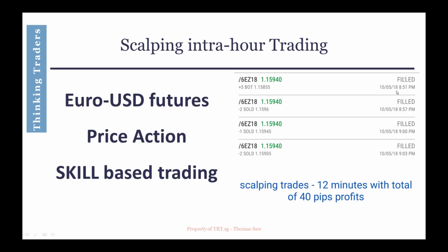You see now, enter the first trade. Enter on 851. This is by the way euro. /6 is a euro. Each contract is 1.25 standard lots. Enter 851. Last take profit 903. 12 minutes.